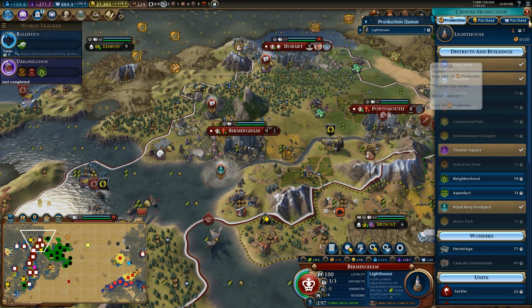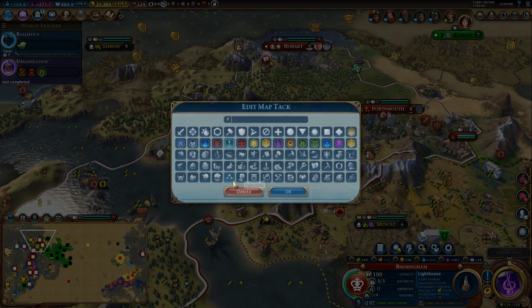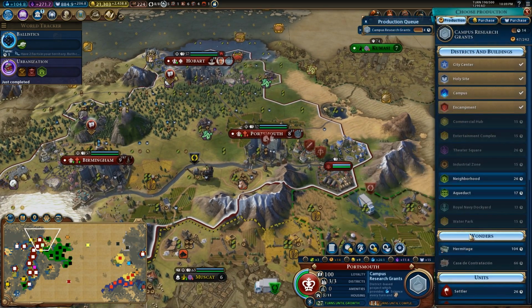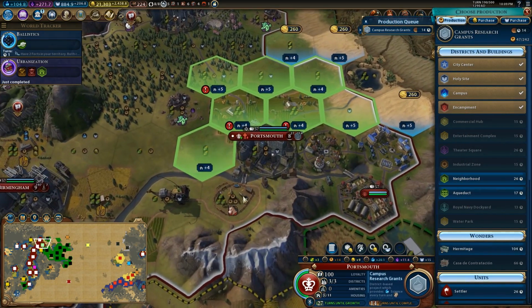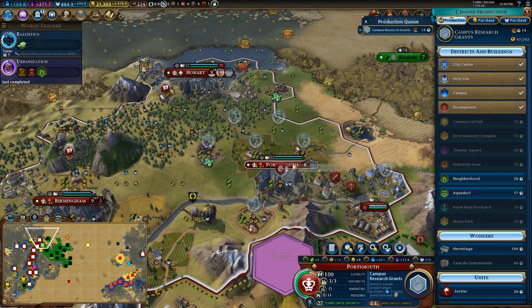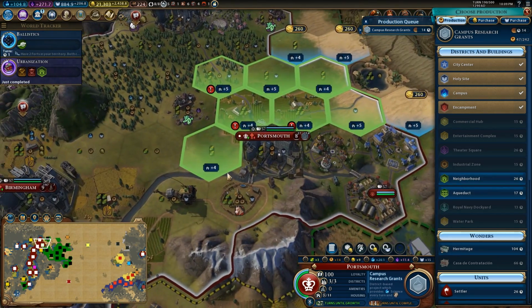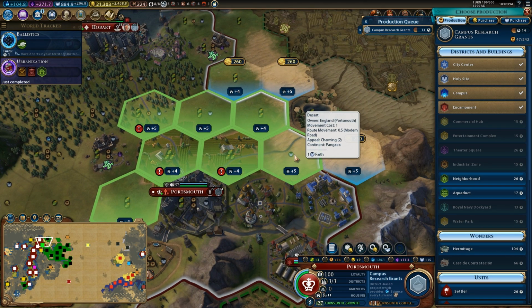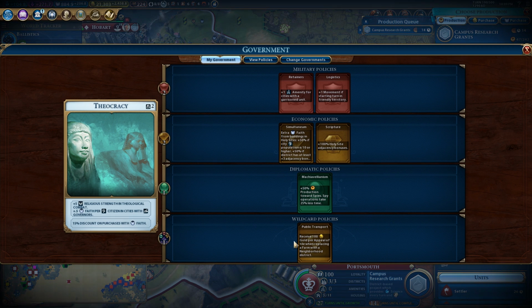But I think I'll prioritize my lighthouse because that'll give me a trade route. And I think I can delete this pin at long last. We also want a neighborhood in here. The appeal is only average, so we don't need to replace a farm in here. Let's go ahead and... What's the appeal in here? Charming. What is the...